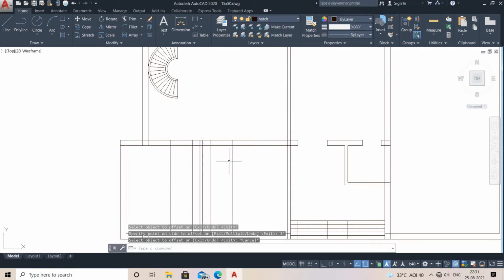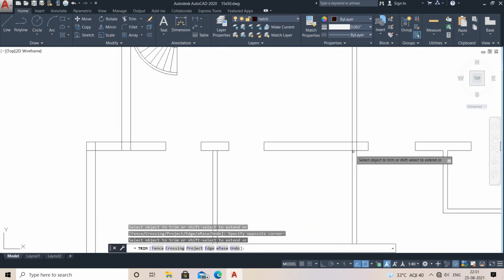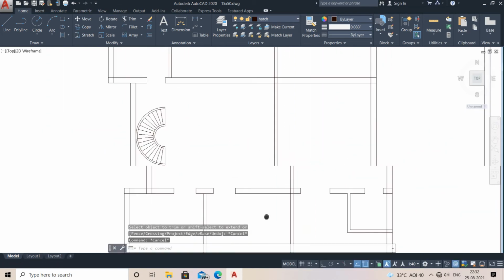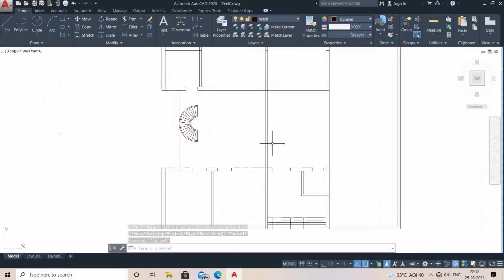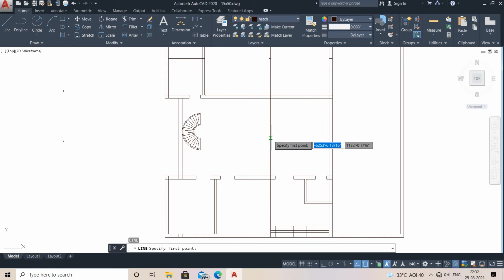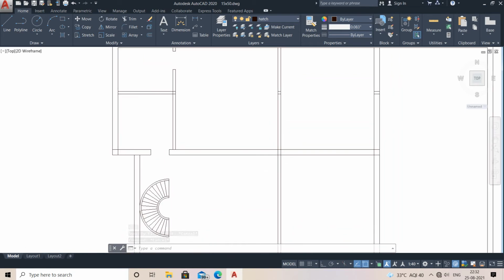Wherever you want to place the doors, you can. It's not an issue or a big deal for you. Just see the logic and the commands, what I am doing and how I am doing. After all, I need to make it a drawing room, right? So I need to make it open. If I do not make it open, it will be my TV panel. So I can place the TV panel for the living room here.